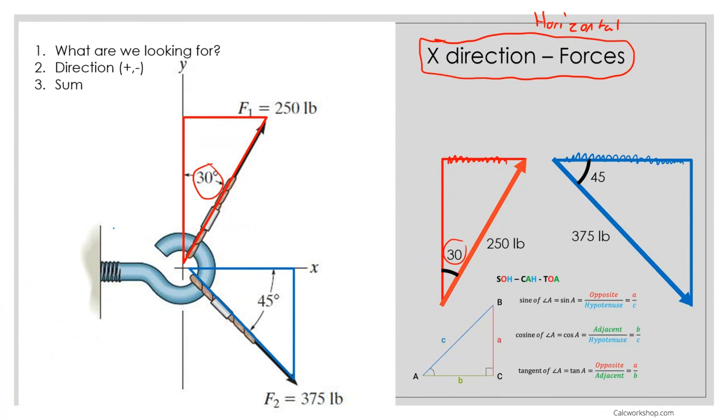Now that we know which ones we're looking for, we need to know the direction of the forces. Let's start with just the red. The direction of this force is going to get to this arrow. The arrow is very important. To get to that arrow, you need to go up, then to the right. Because it's going to the right, that makes it positive. Going to the left makes it negative. So positive, always start off with the weight itself, 250.